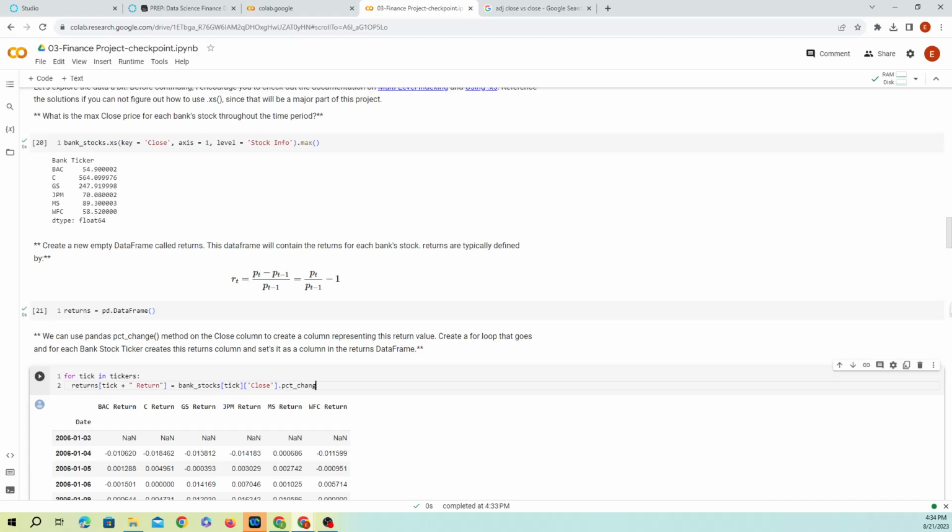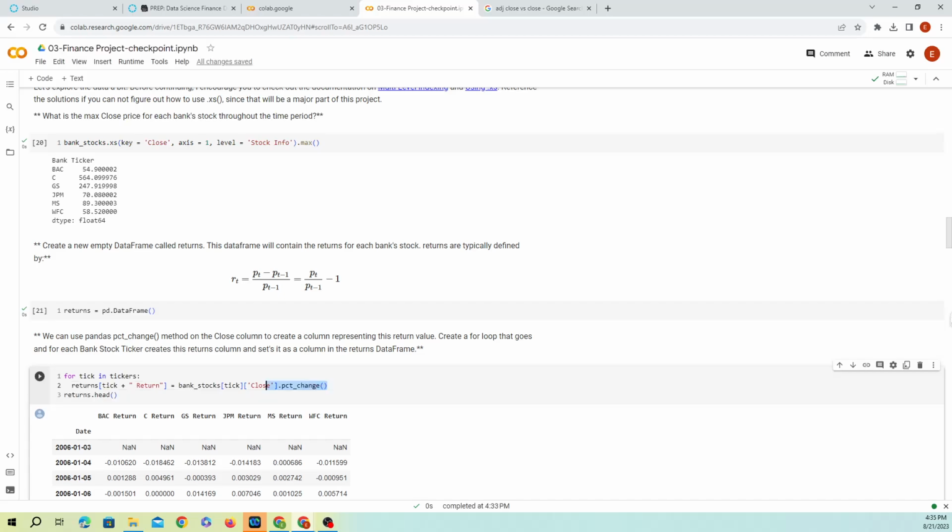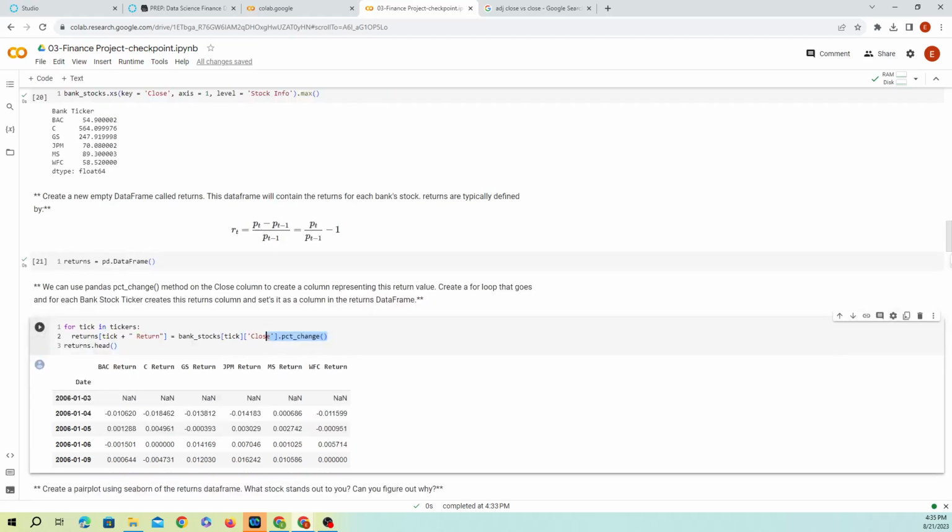And then we're going to do returns.head. Let's see what we get. So this is going to calculate every single point change. It's calculating the rate of change between every single stock, so it's going to calculate it for every single date.